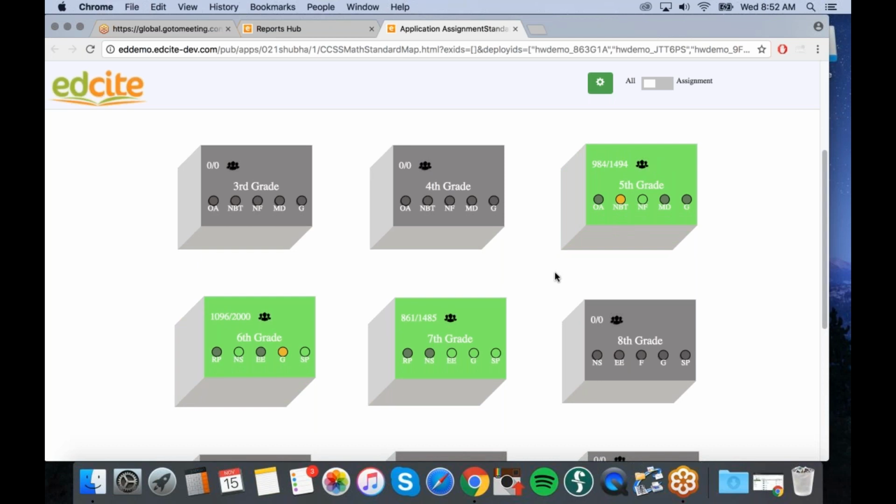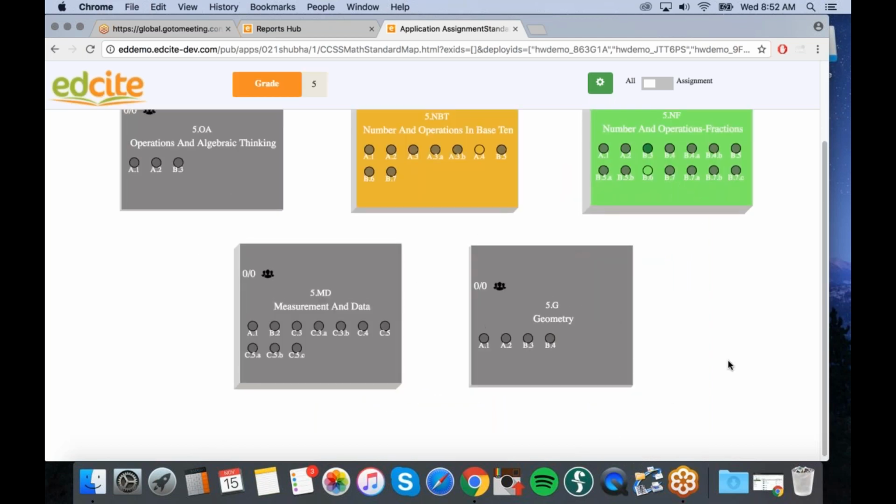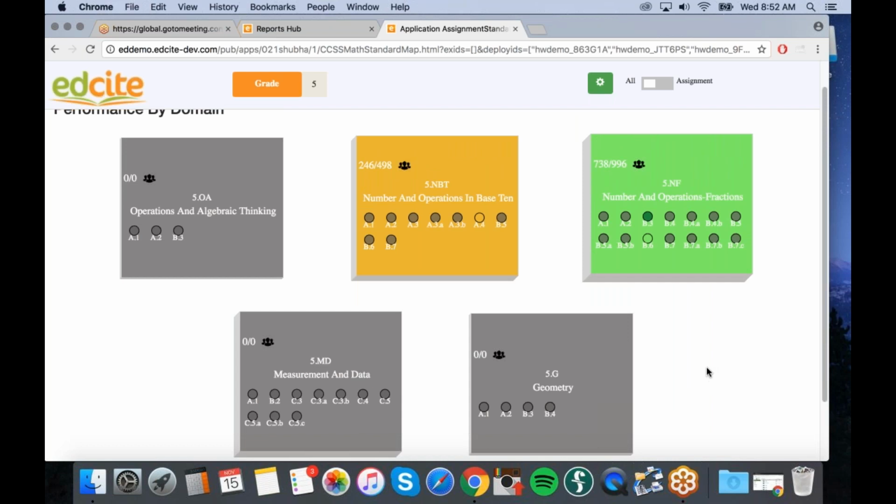So if I'm looking at 5th grade, I can see, I think that's, we'll click to look. So if you click on 5th grade, it's going to allow you to dive deeper. So numbers and operations in base 10. Okay, great. So as I said before, your circles in your cards are giving you a preview of the next level. So these are actually talking about what are all the different standards within that domain and how are students